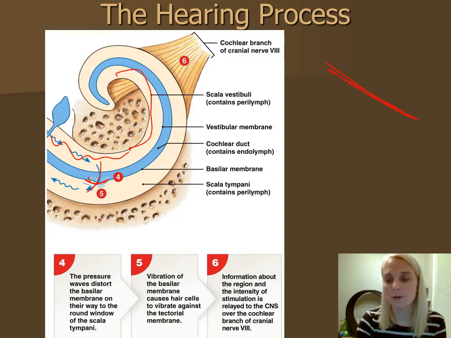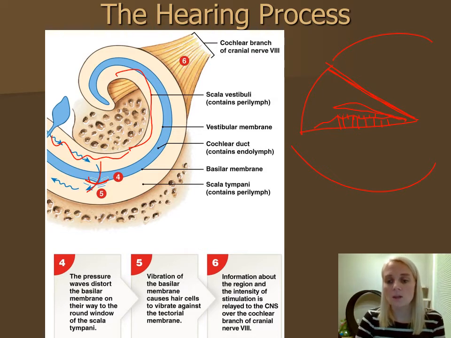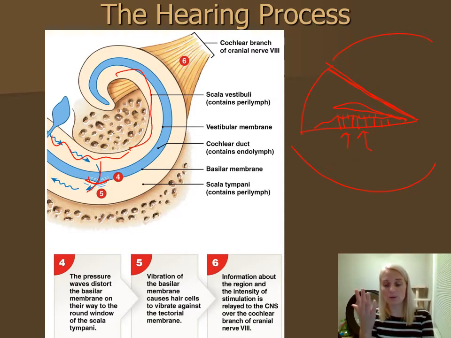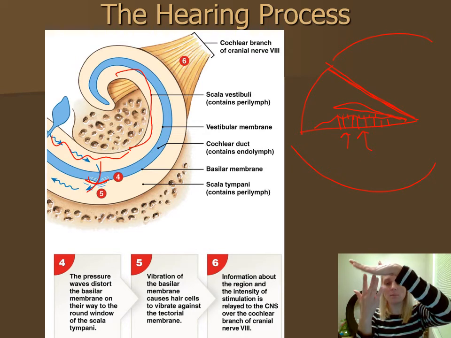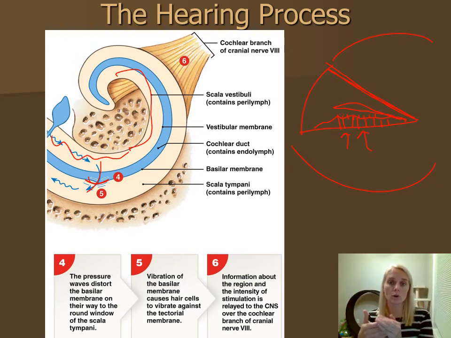So here's our vestibular membrane, here's our basilar membrane, and so here's our vestibular duct and our tympanic duct. And if you remember, this was our cells. So we had all of our hair cells with all the little hairs, and this was our tectorial membrane sitting over the top of that. So as the pressure wave comes in, it is going to distort that basilar membrane, and it's going to push those hair cells up into the roof, the tectorial membrane, causing the cilia to distort, opening those mechanically gated channels,